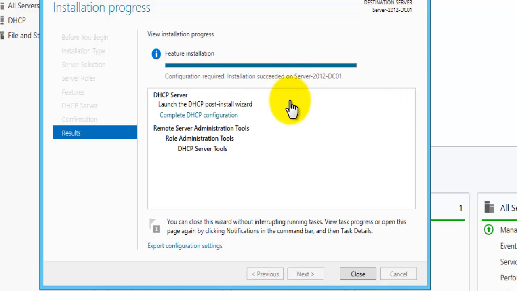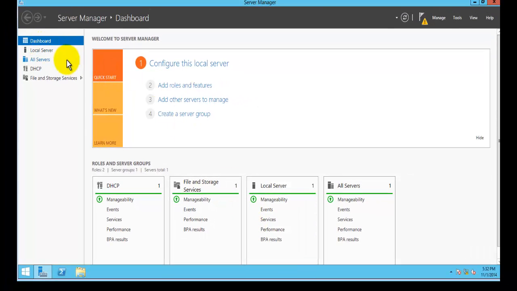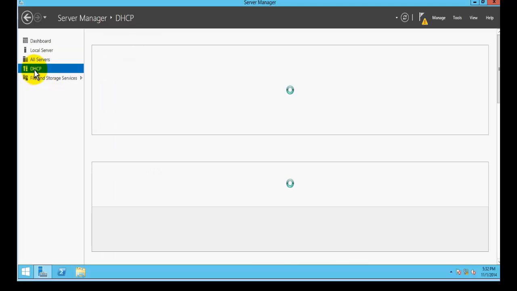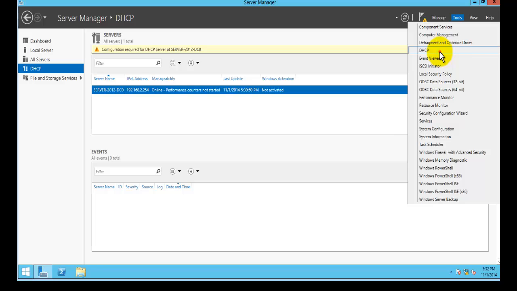Okay, the installation of the DHCP has been finished, and it took about 2 minutes. So I will close this window here. As you see here from your dashboard of the server manager, now you have a DHCP. It has been listed here. So now if I go tools and then DHCP,